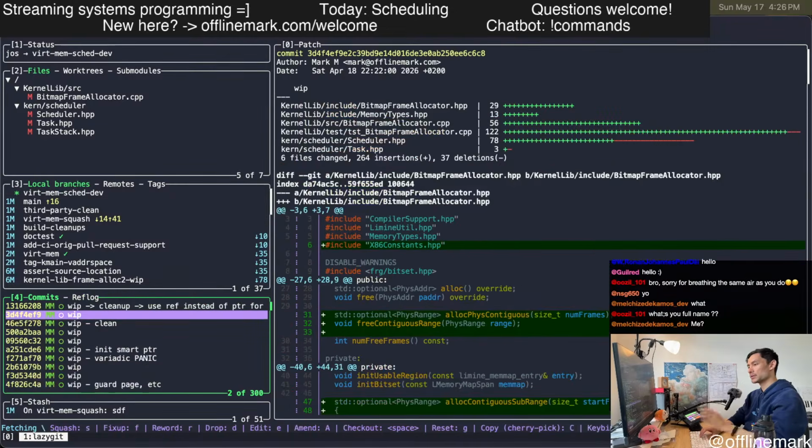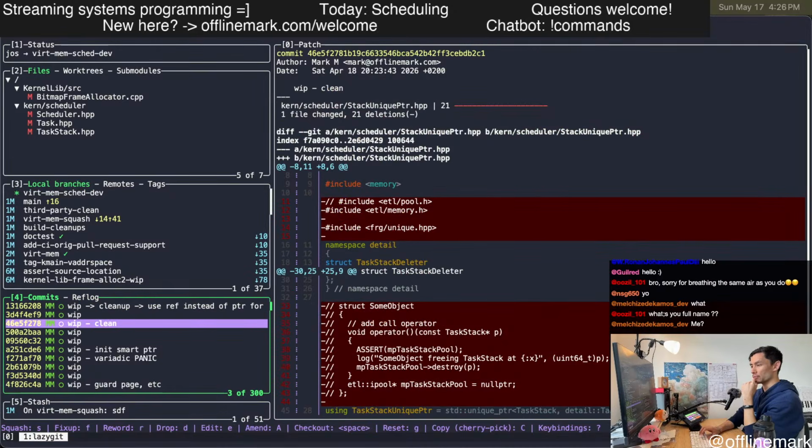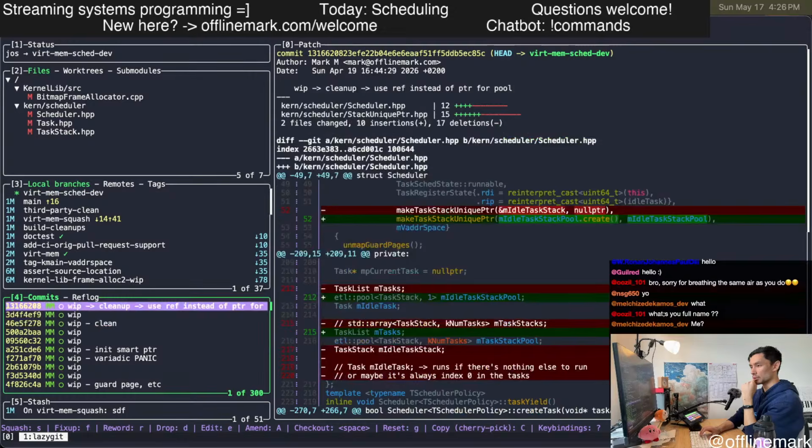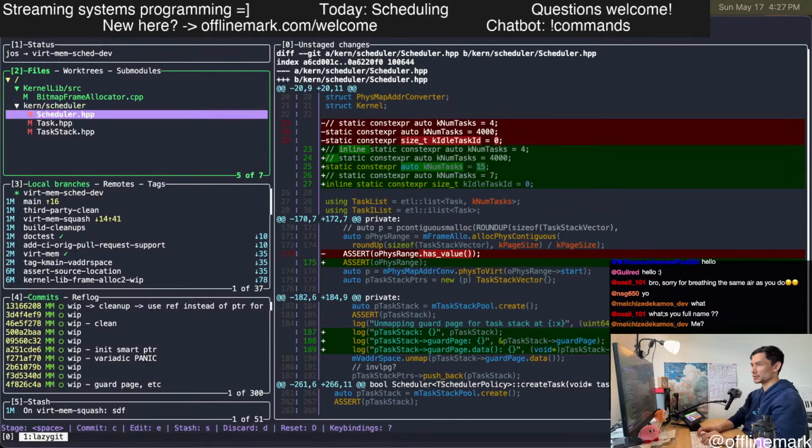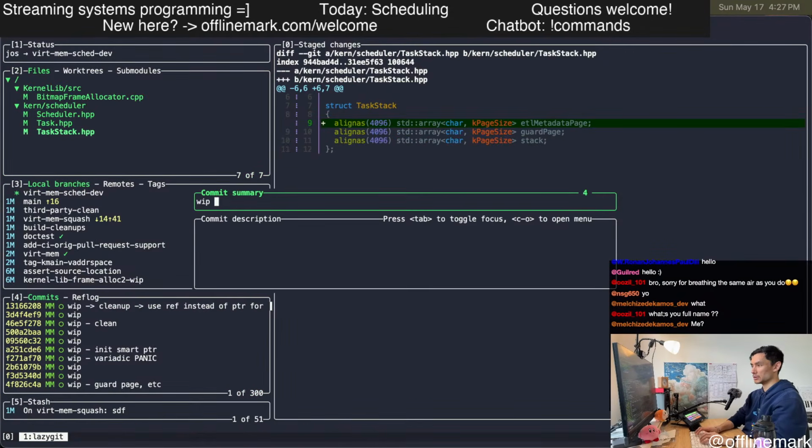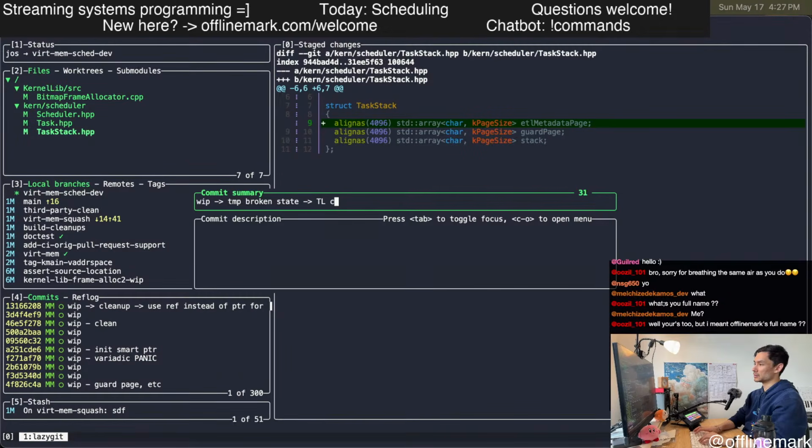All right, for the purpose of just moving forward, here's what I will do. I'm just going to commit this WIP temp broken state, ETL crashing question mark.